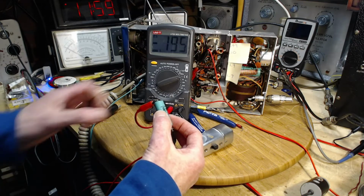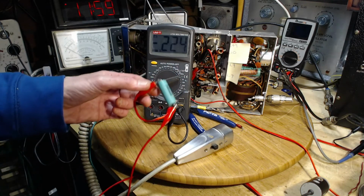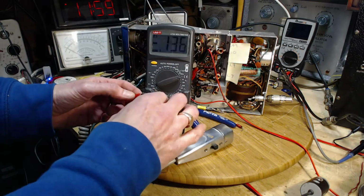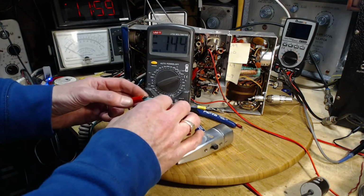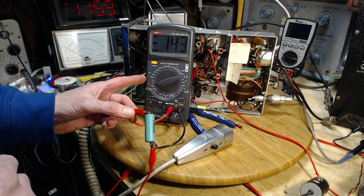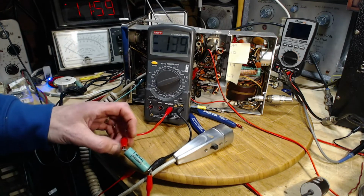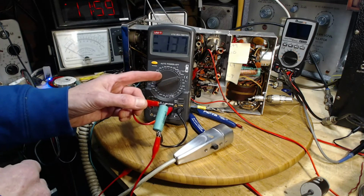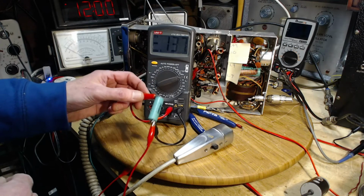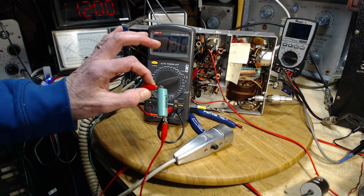0.3 volts. 0.3 volts out of this thing. Now, it's not the best at supplying current. I think this is a 10 meg input impedance. Does it say on it somewhere? It's at least 1 meg anyway. I think it's 10. So it doesn't take much of a battery to push a bit of current through 10 megohms. But